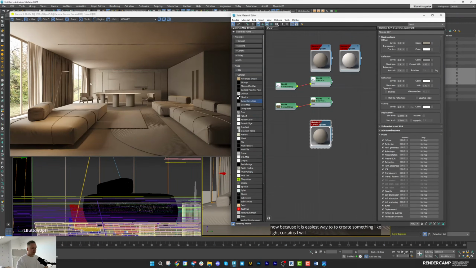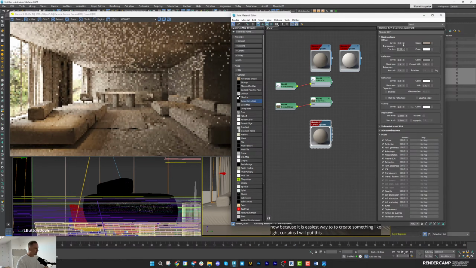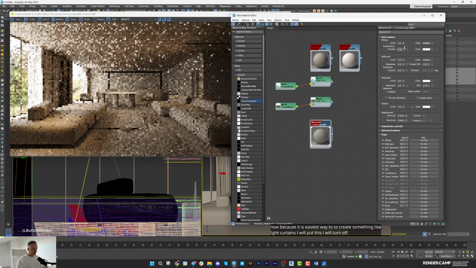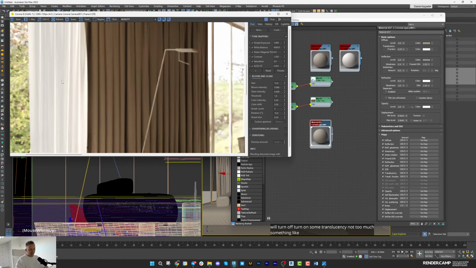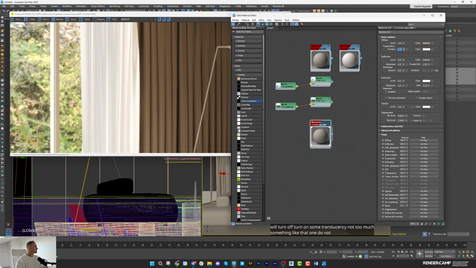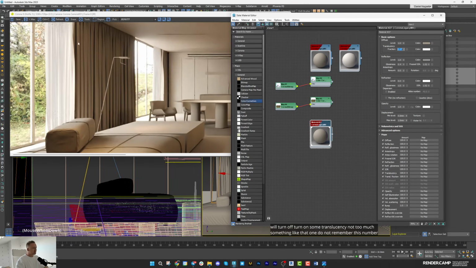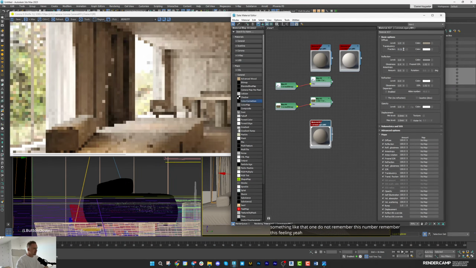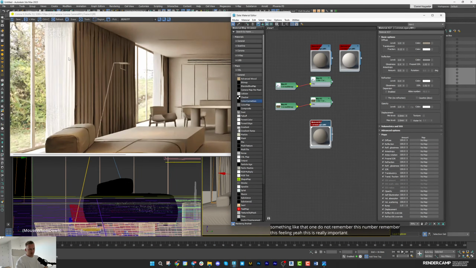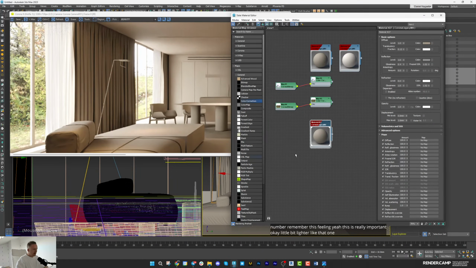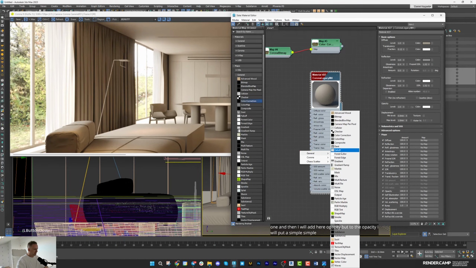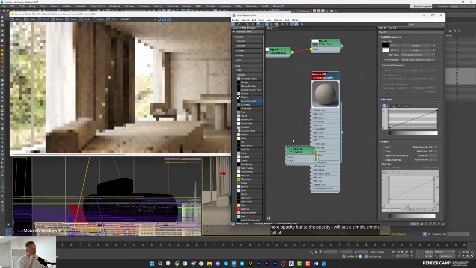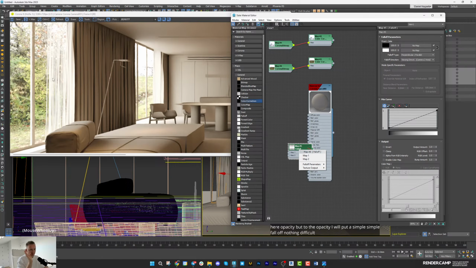I will put the shader on them. I will turn on some translucency, not too much, something like that one. Do not remember this number. Remember this feeling. Yeah? This is really important. Okay, a little bit lighter, like that one. And then I will add here opacity. But to the opacity, I will put simple falloff. Nothing difficult, just simple falloff,